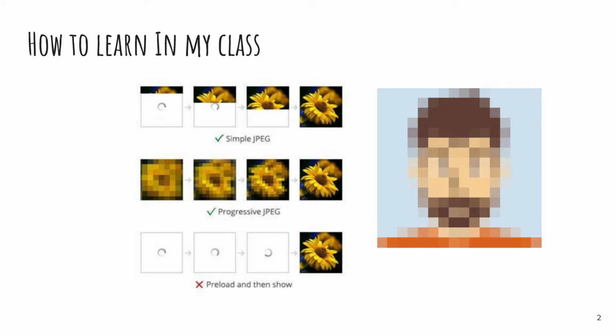Now, most classes that you attend, whether it's a corporate training session or an academic course, oftentimes what will happen is that they're going to offer low-level lessons and give you these details in a straightforward and presumably logical sequence. And then they're going to leave it up to you to connect the dots and see the big picture. So it will be very similar to looking at a picture of a flower.